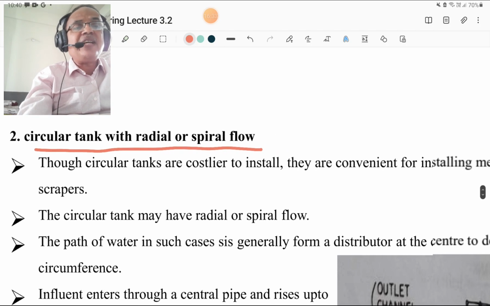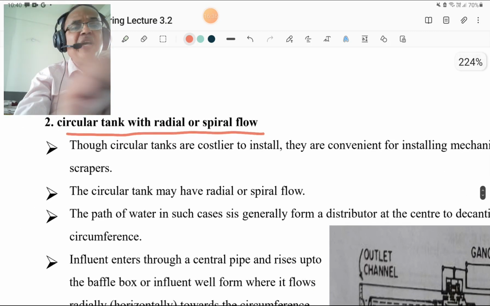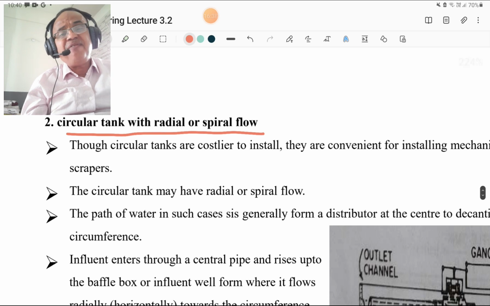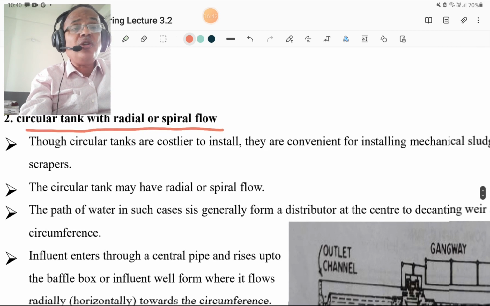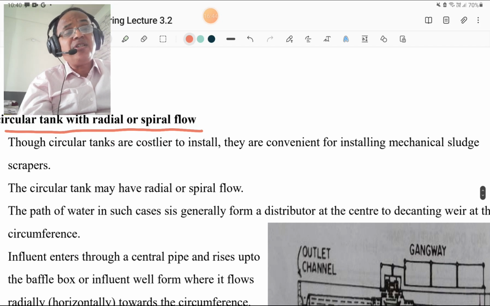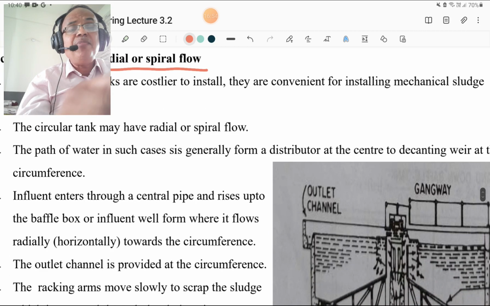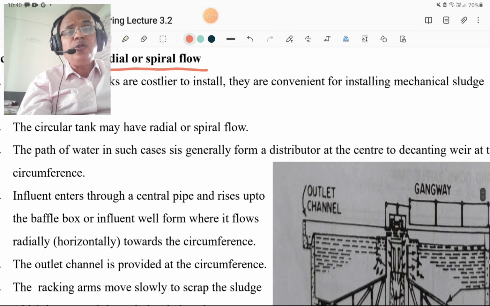Then circular tank with radial or spiral flow. The name itself indicates the tank is circular, and these are costlier to install. They are convenient for installing the mechanical sludge scrapers. That is the advantage. For circular tanks, we can easily install the mechanical sludge scrapers. The circular tank may have radial or spiral flow. The path of water in such cases